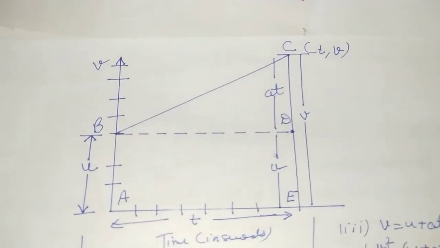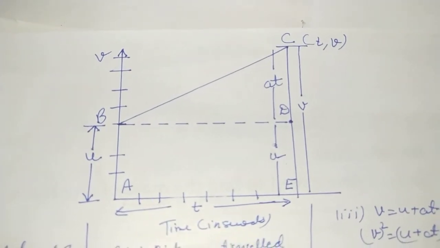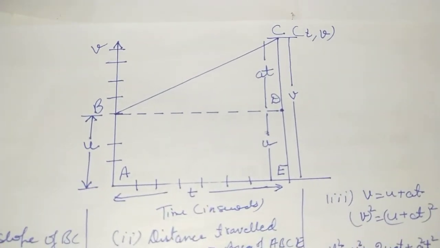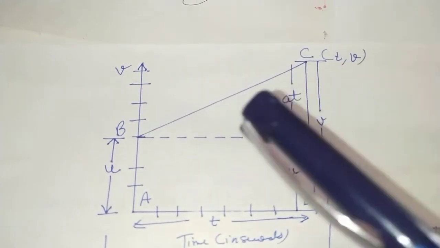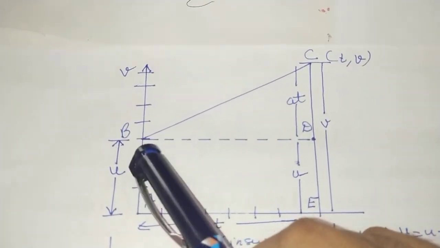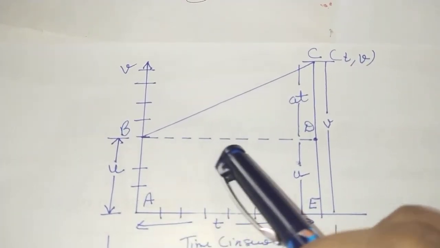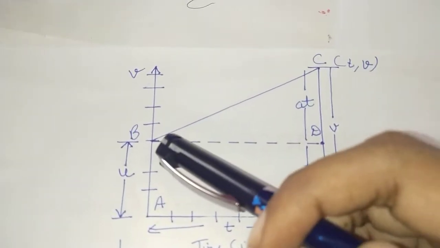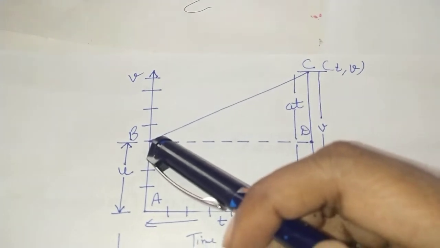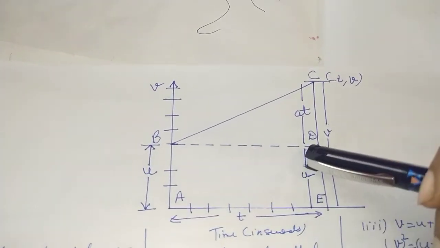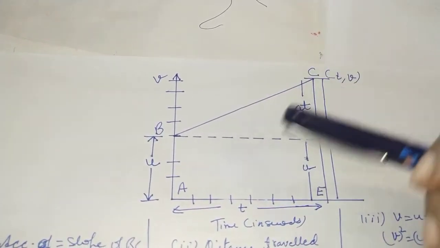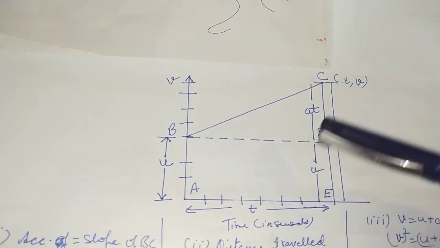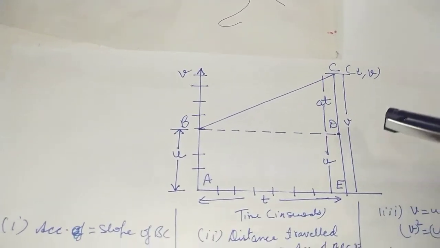Now, next what we are going to do is study the motion equations and how to derive them. For that, let us say that an object was initially moving at u velocity, and then after a period of t seconds it reaches a velocity of v meters per second. Initially it was traveling at a speed of u meters per second, then after t seconds it reaches a velocity of v meters per second in a time interval of t. So, we are going to study this very graph.